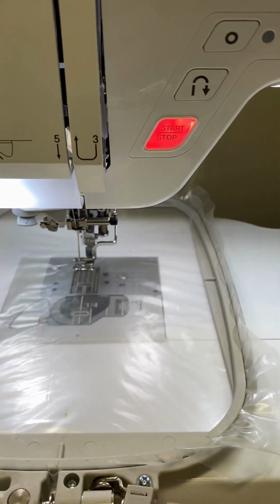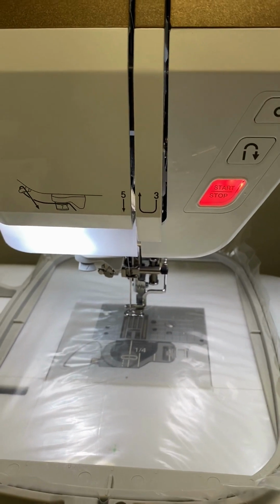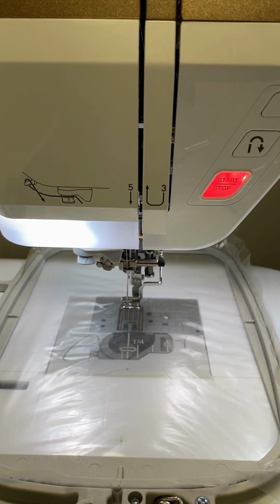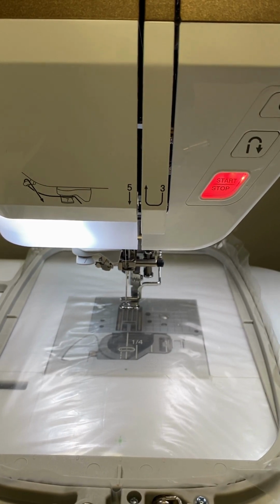Let me sit this down so we get you lined up. Okay, so we are going to go ahead and stitch our first. The first is just the outline of where we want everything to be. So I have my white in, and for now I'm just going to leave the white, and I'll probably change it